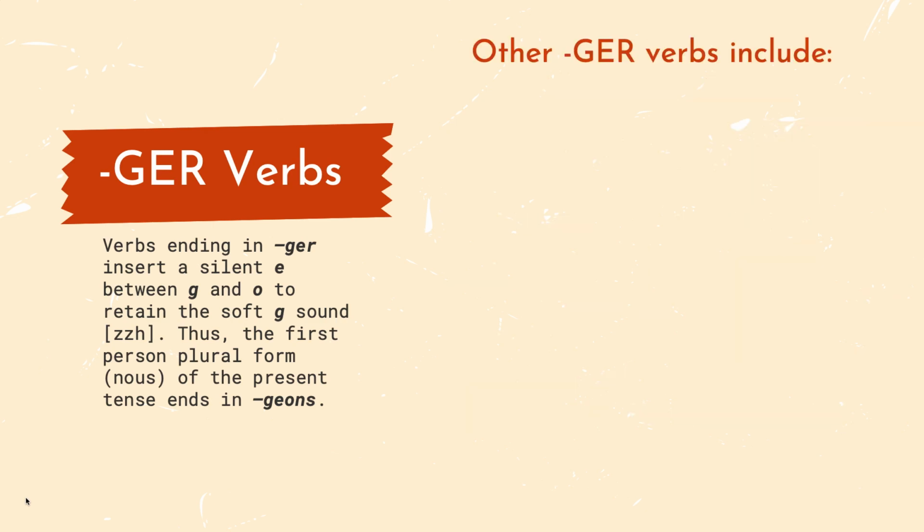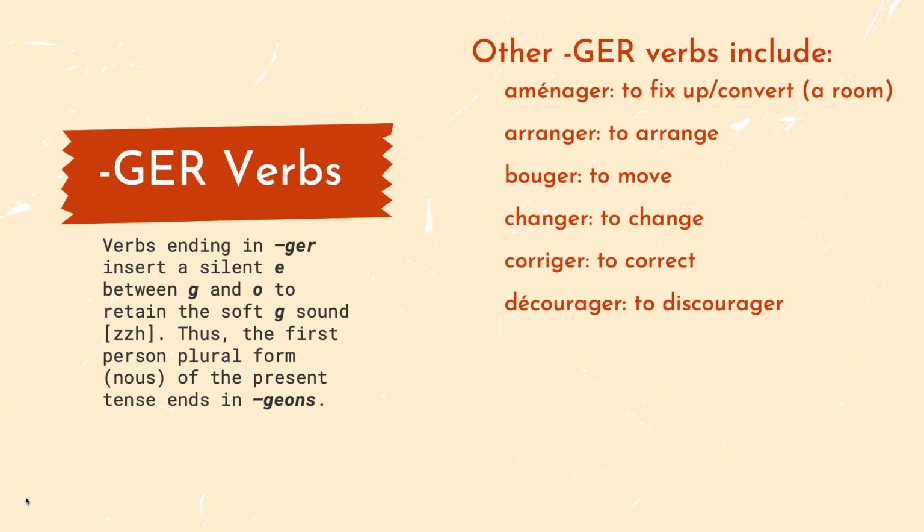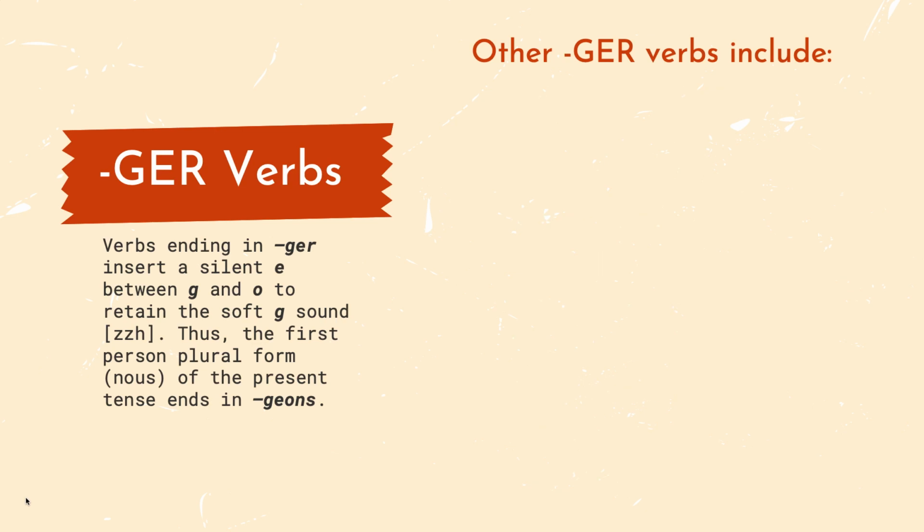Some other GER verbs that you might like to learn include aménager, arranger, bouger, changer, corriger, décourager, déménager, déranger, diriger, et encourager. And even more still, GER verbs include mélanger, nager, neiger, which is pretty rare that you would